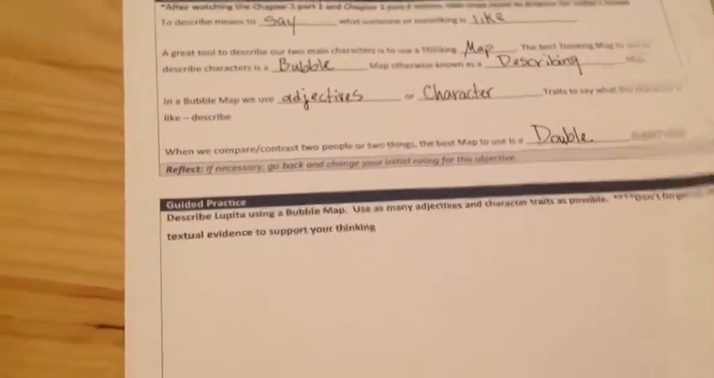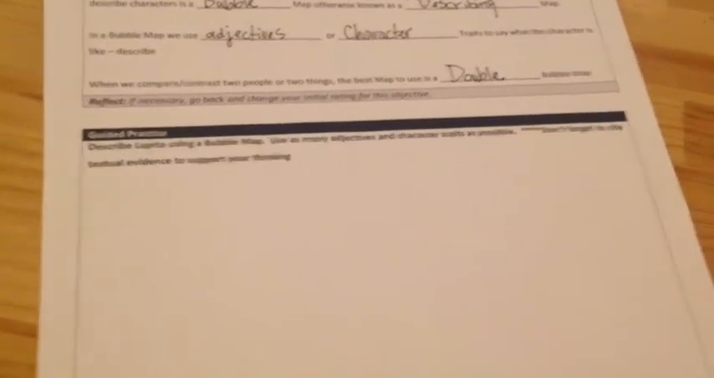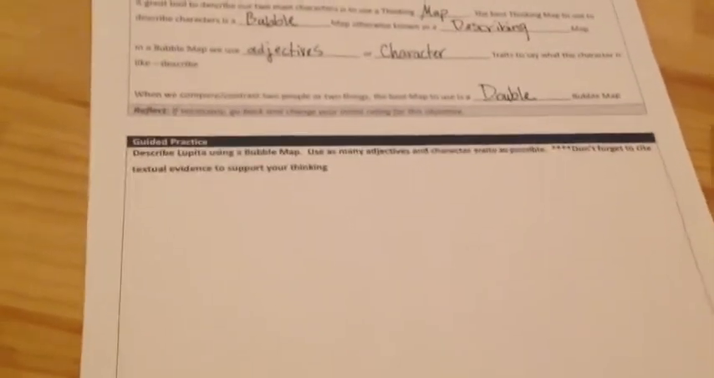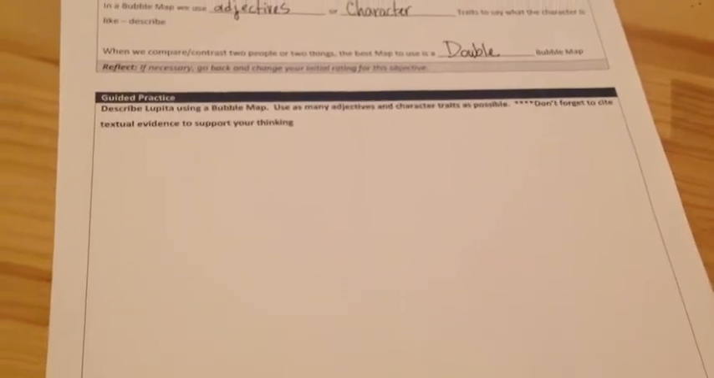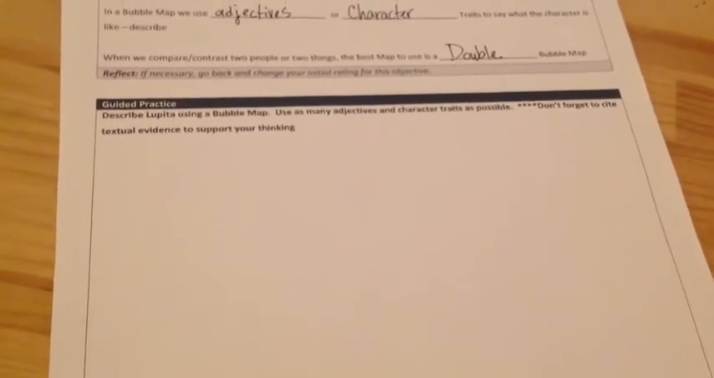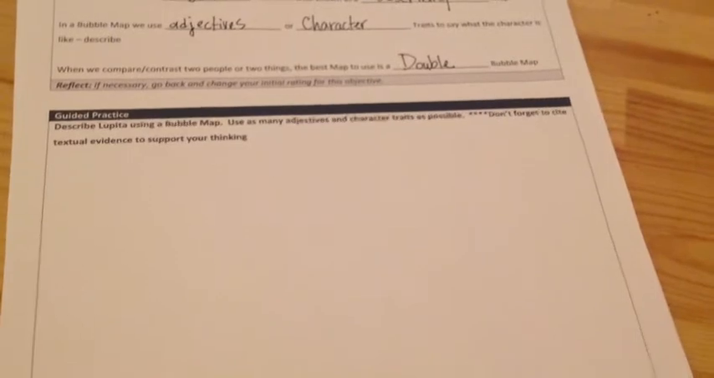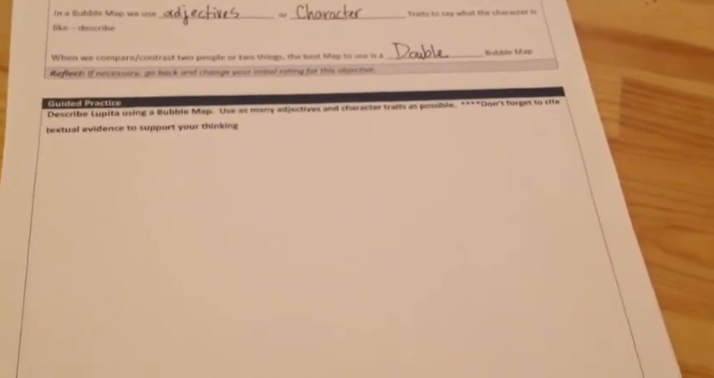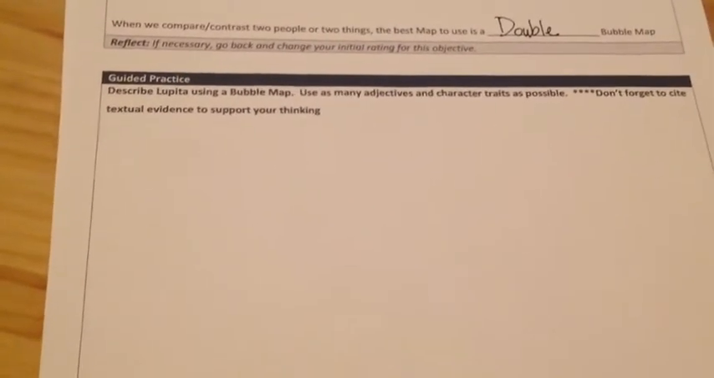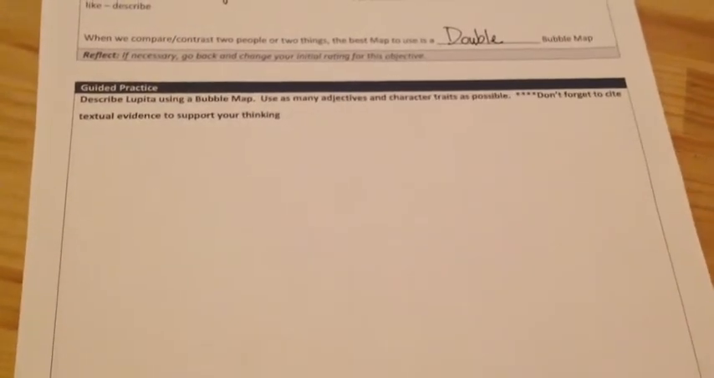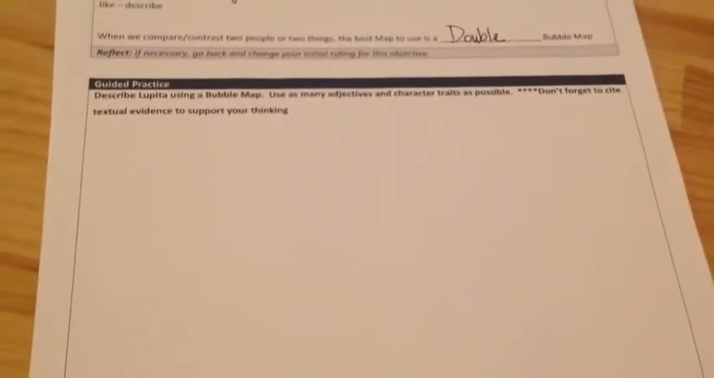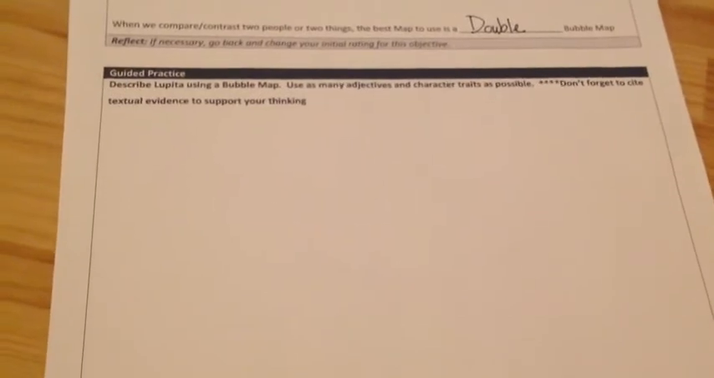Alright, let's go ahead and first look at describing Lupita. Lupita is our main character, and she's the title character of the book. So first we want to create a bubble map to describe her. We're going to use as many adjectives and character traits as possible. And if you notice that asterisk, it says, don't forget to cite textual evidence to support your thinking. That means we actually need to find the quote and the page number in the book that supports the way